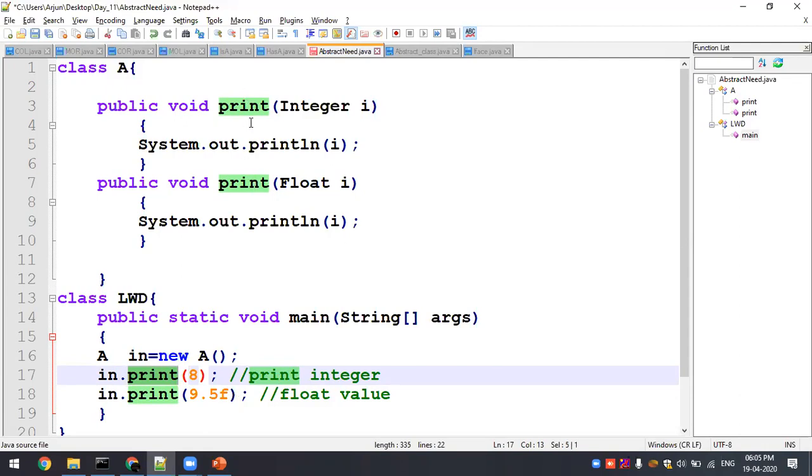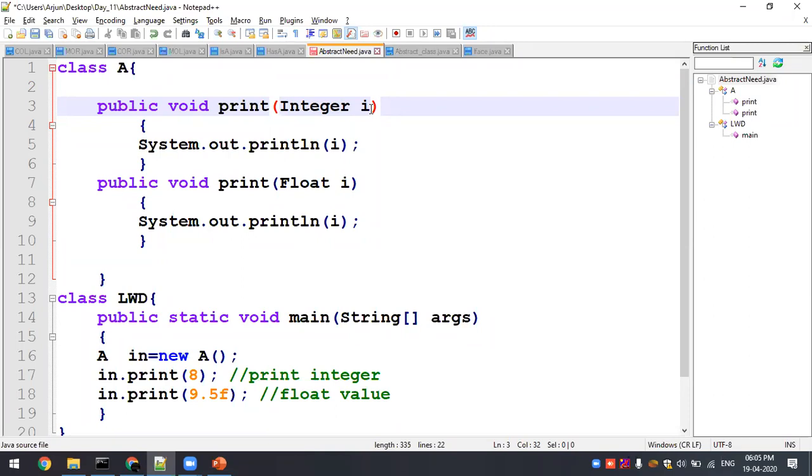Both have the same method name, but the signature is different. Signature is nothing but the arguments passed inside it. This signature may be a number of arguments: integer comma float, or integer 1 integer 2, or float comma float, or float int character, that order also you can give.